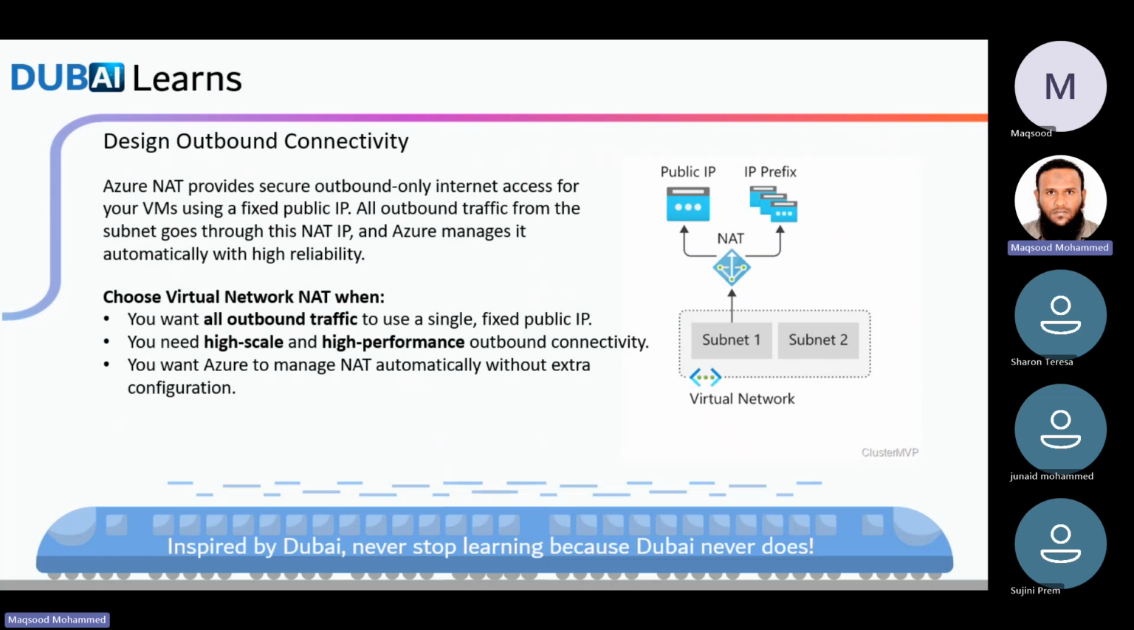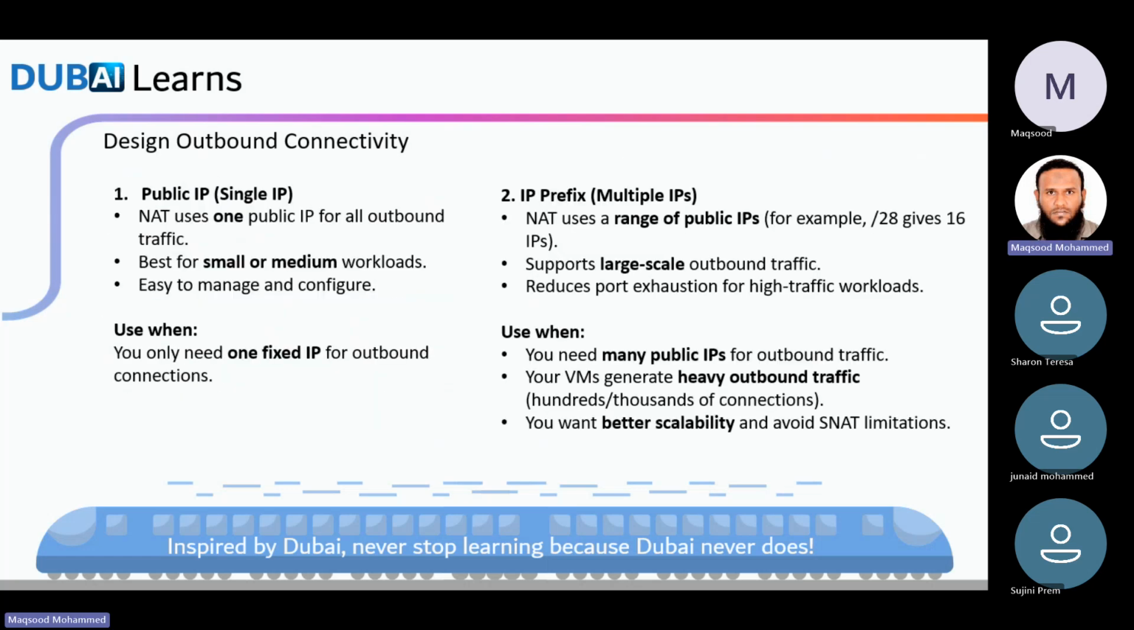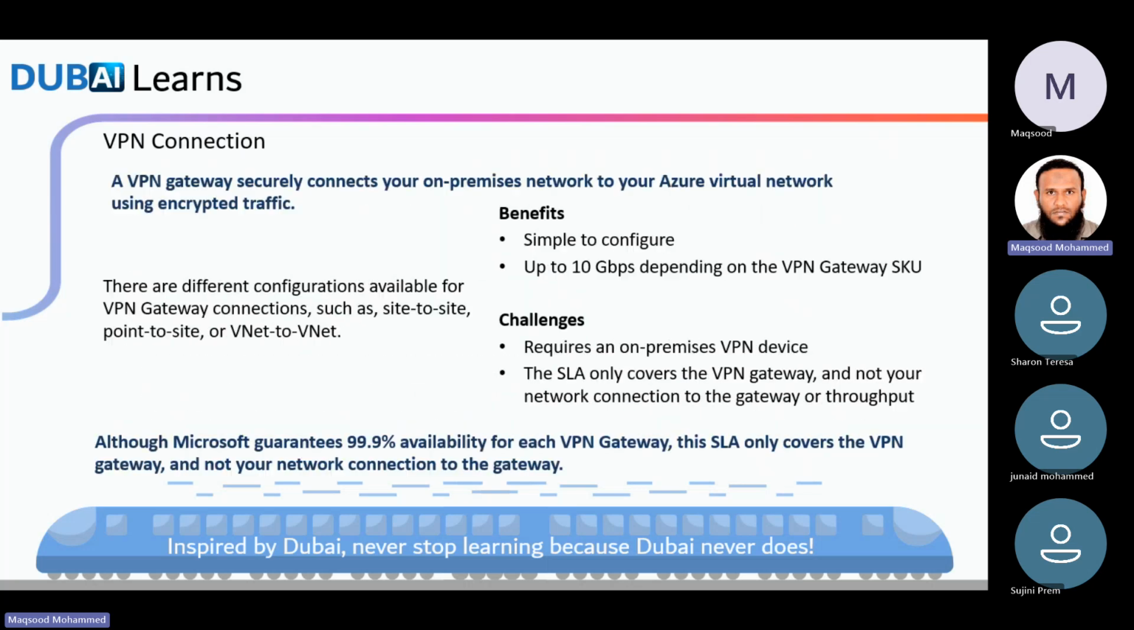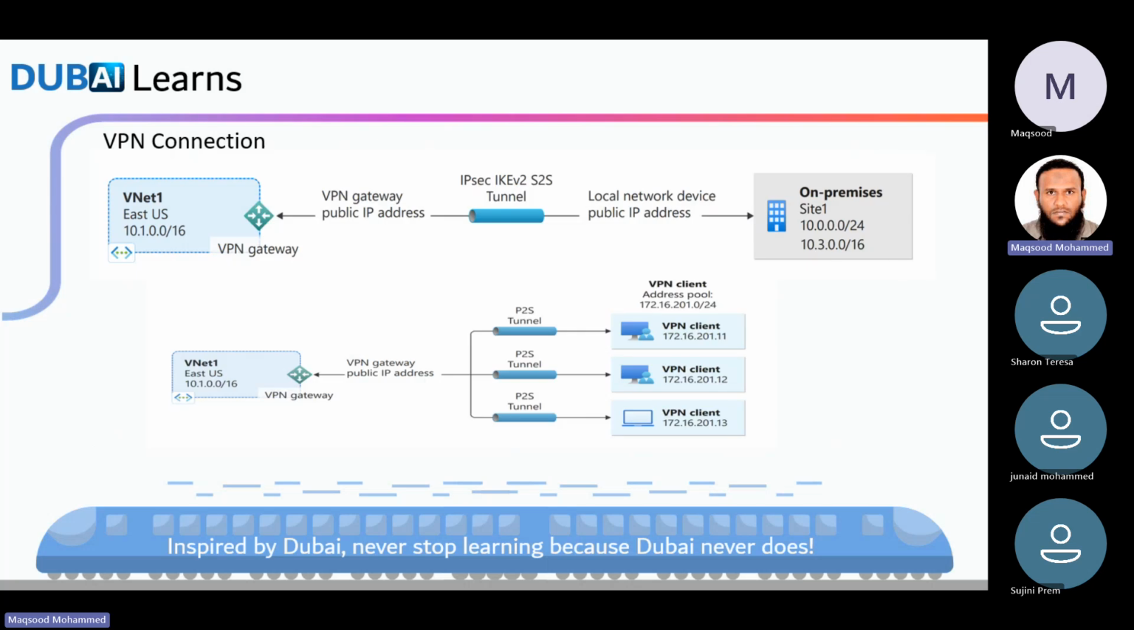Here we also have the NAT gateway, discussing NAT gateway. Outbound connectivity is all about NAT gateway routing. We have seen some routing in the previous labs. VPN connections, we'll see this also. The site-to-site VPN connectivity as well as the point-to-site. So there are two different VPN connection types we can